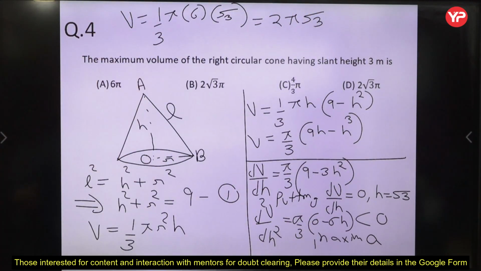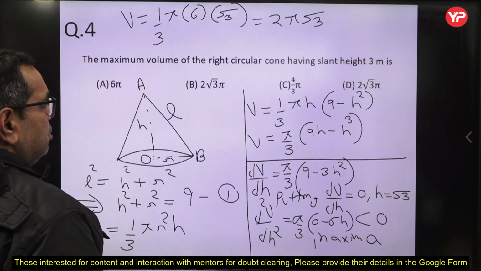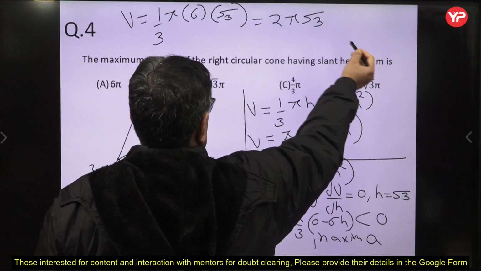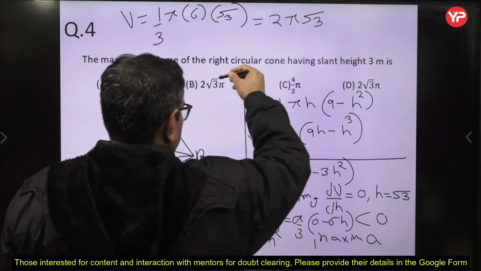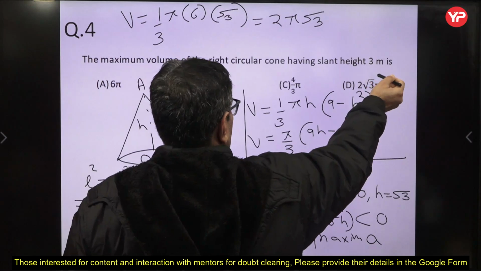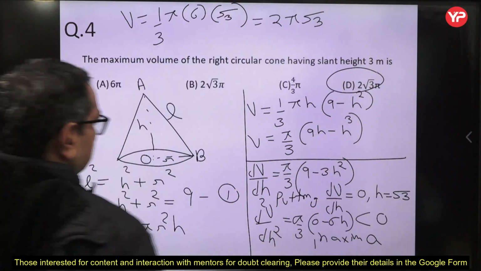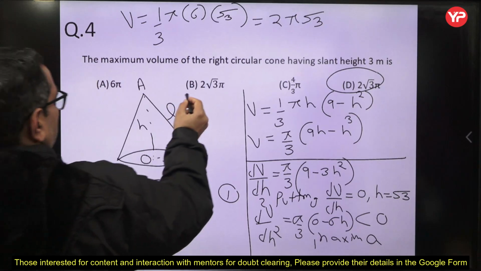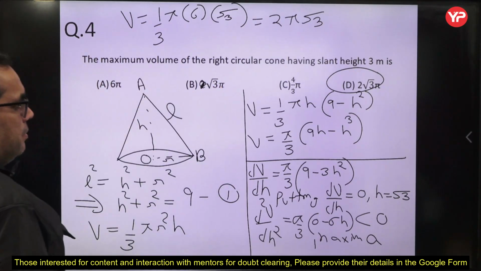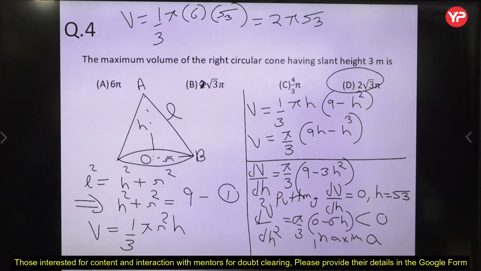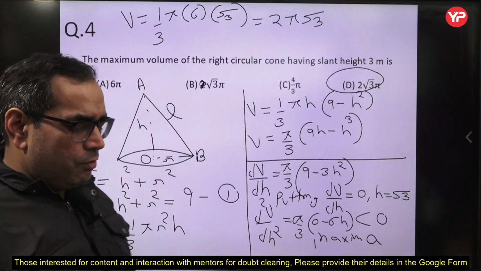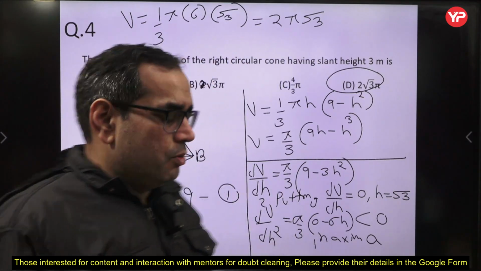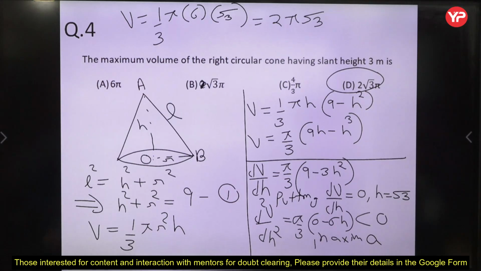So according to the options, which is the right answer? We are getting two same options, I think. One option we can take is 2π root 3. By mistake we have taken the same options B and D. Anyone you can take. 2π root 3 is the answer. I hope you have understood the concept of optimization, what kind of problem you may get in optimization. To maximize something, to minimize something, this is optimization. Now let us move to the next problem.